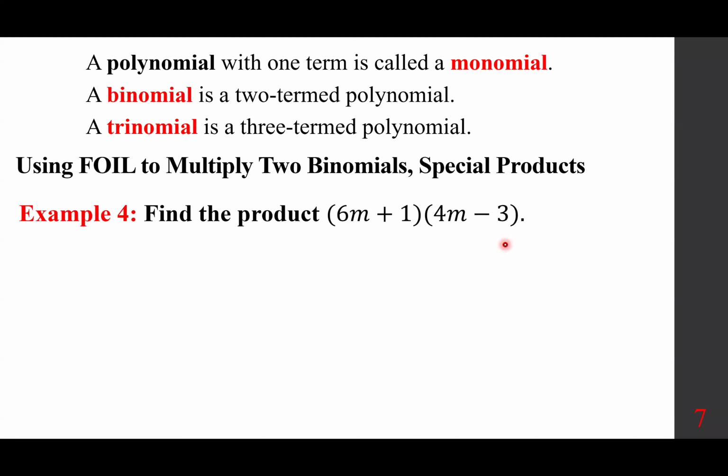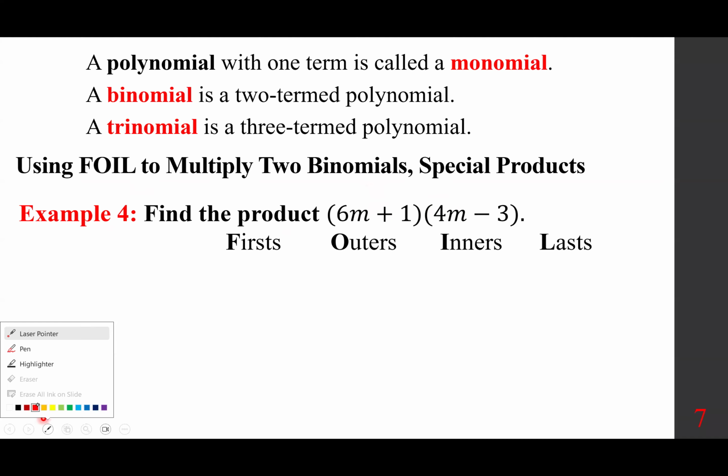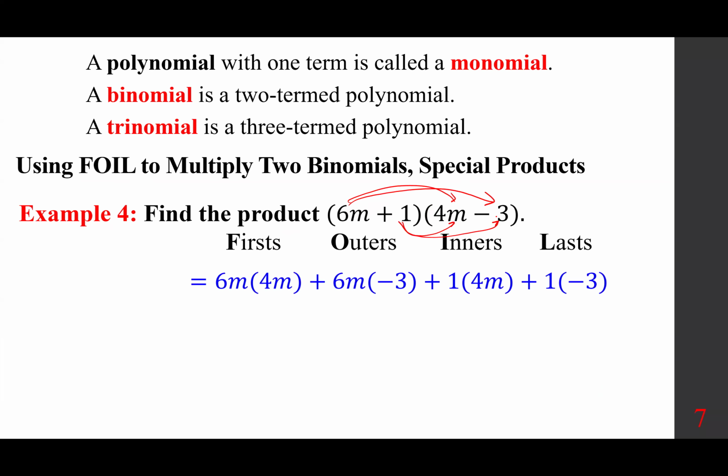So we are going to go with F-O-I-L. F stands for the first, so 6m times 4m. So that would be the first. Then outers would be 6m times negative 3. Then inners would be 1 times 4m. And the last would be 1 times negative 3. And it should happen very fast. And we get